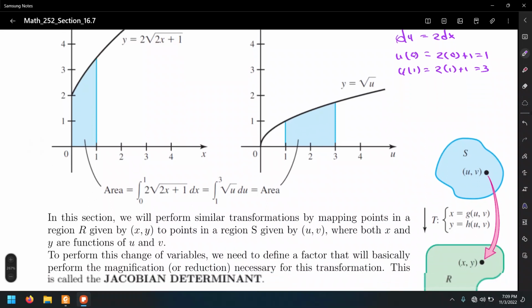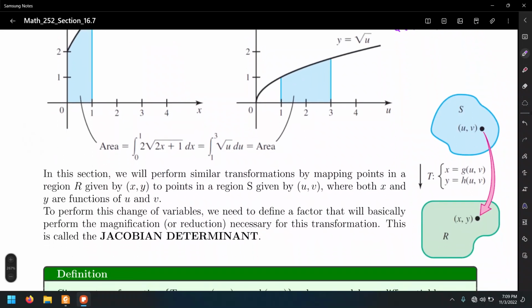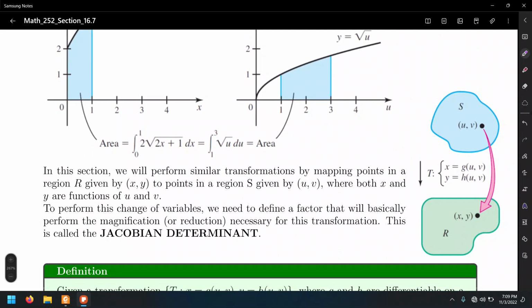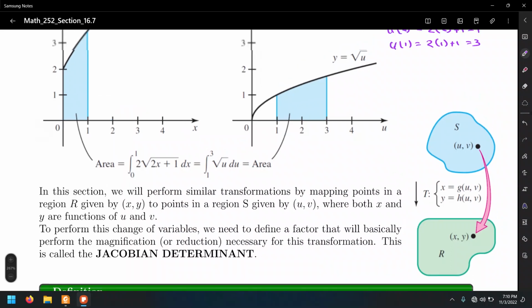In general, here's the picture of what that transformation is. It turns out that we're going to do these transformations, or these U substitutions, but this time for more than one variable. All right, so we're not going to do them separately. Actually, we're going to do the whole thing together. You'll see how it's going to work. So, over here,